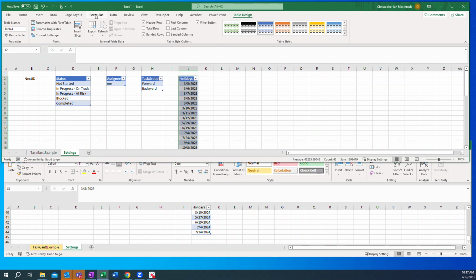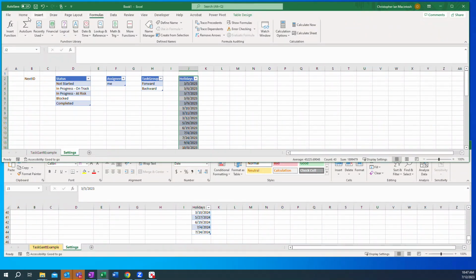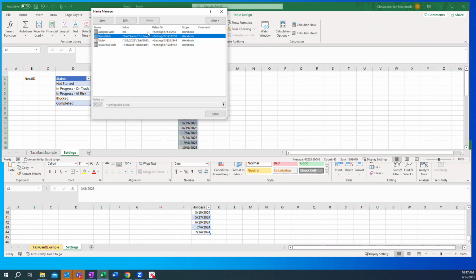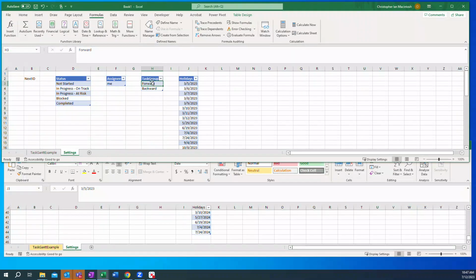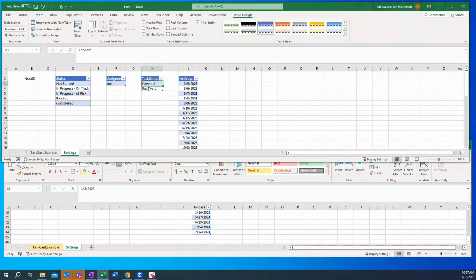If you click on the Formulas ribbon, which is kind of in the middle of the ribbon menus here, and in the middle of the Formula ribbon there's a Name Manager, and if you click on there you'll see that we have the names of our tables there, except for the task group table, which I didn't rename, so let's close that and go here to the task group table, and you'll see when you click inside, when you are out of a table there's nothing there, but when you click into a table you'll see you get this table design ribbon that pops up, and if we take a look at that, we have that